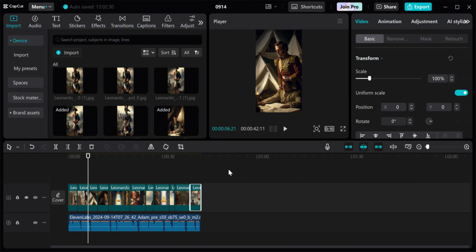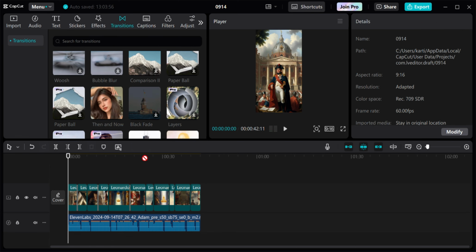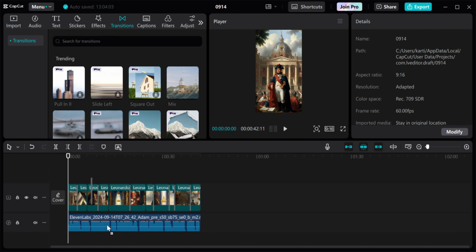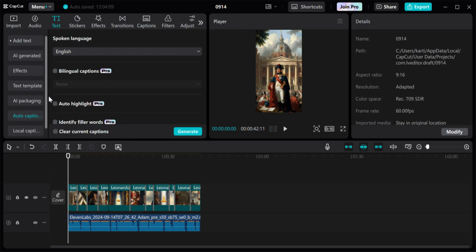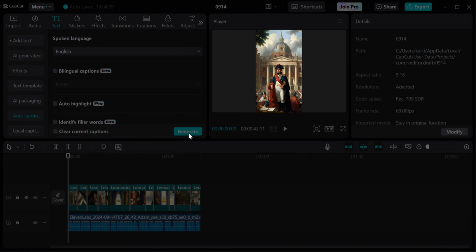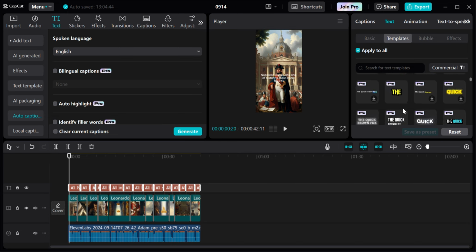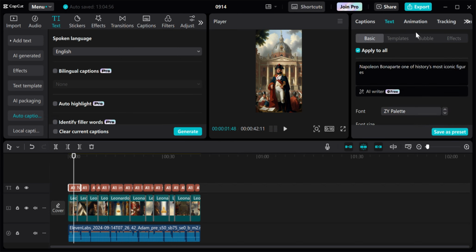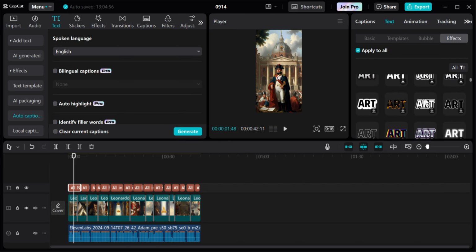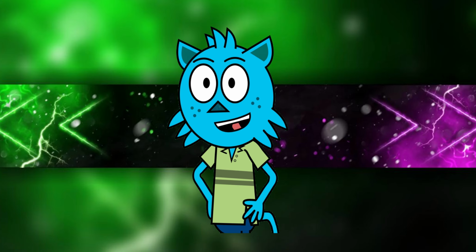After adding the images, you can add some transitions if you want, and also effects, but don't ruin the quality of the video after adding all the images and effects. Use the auto caption feature of CapCut to create the captions and resize them, and use whichever template or font you like to use. After completing the video, export the video in 9:16 ratio, and don't forget to choose 60